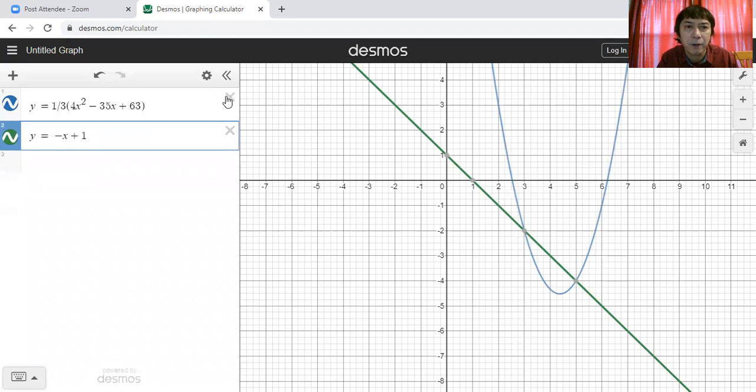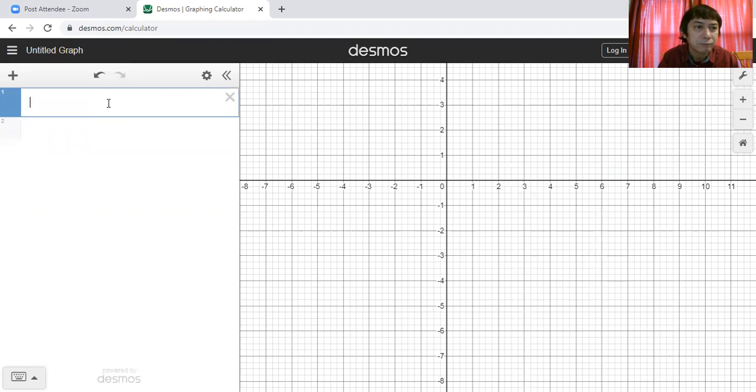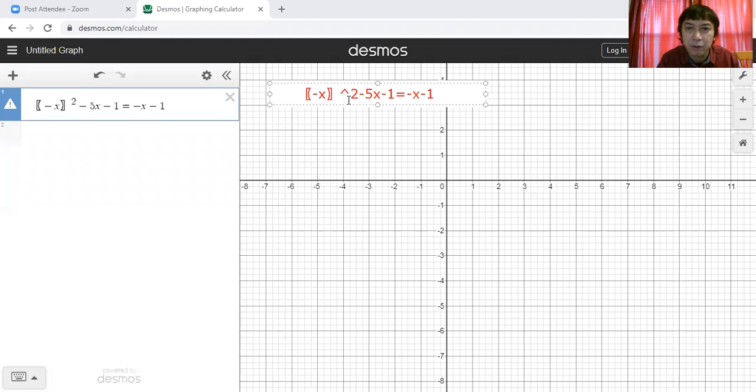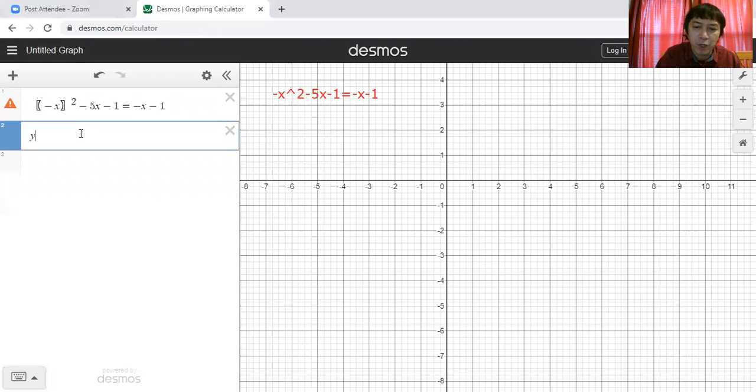Over here, clear the fields at the left side. Paste the equation also on the screen, and you can see the equation given. It's negative x squared minus 5x minus 1, that's the quadratic part. The right side is negative x minus 1, that's the linear part, first degree x. Our solution will be a graphical solution. Y is equal to the left side, and here's our graph.